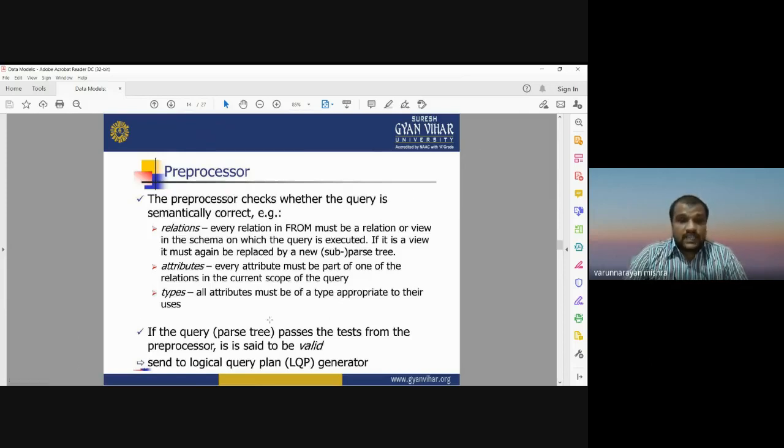And the third one is the type. What kind of attribute are you looking for, what are the characteristics of that attribute, whether it is text, a number, or a string. So relation, attribute, and type, these three are the important parameters that will be checked by the preprocessor for any syntax written in SQL.